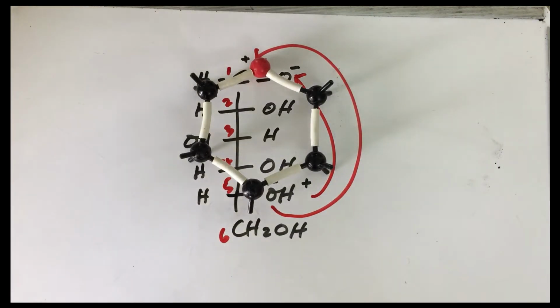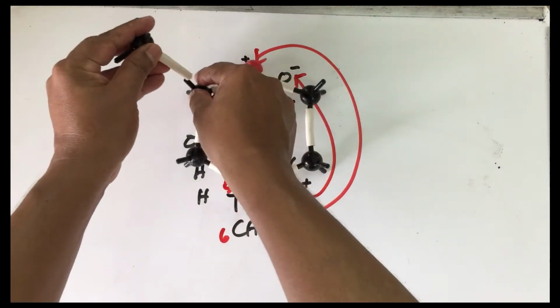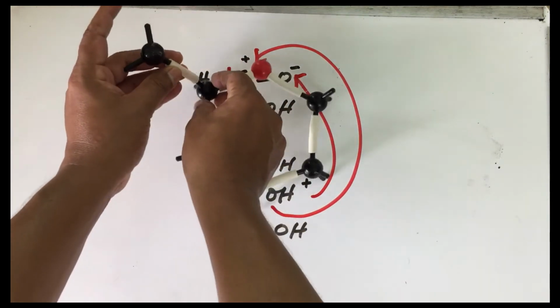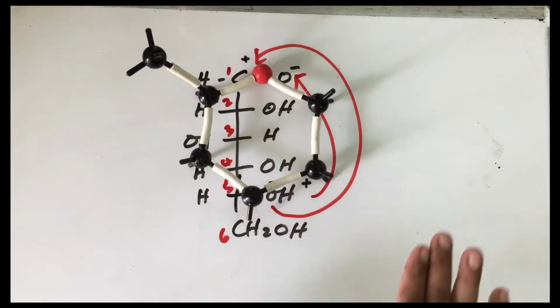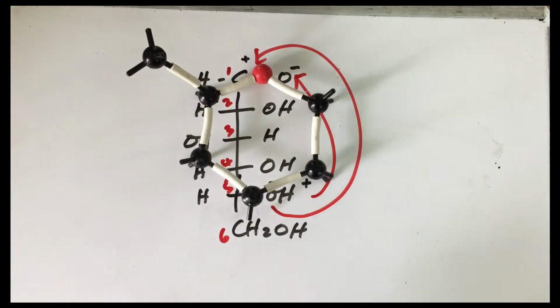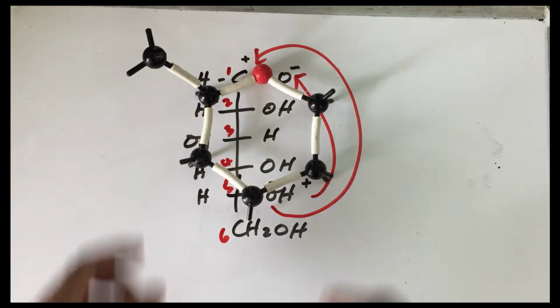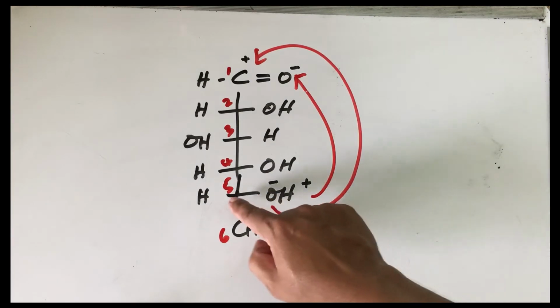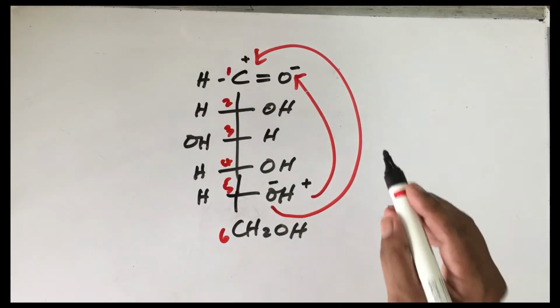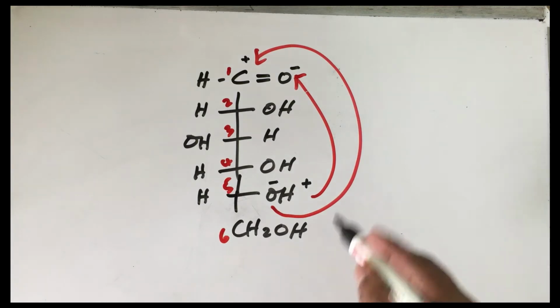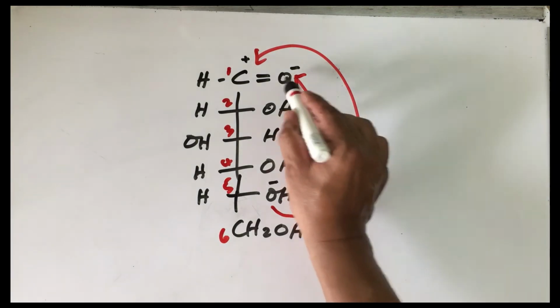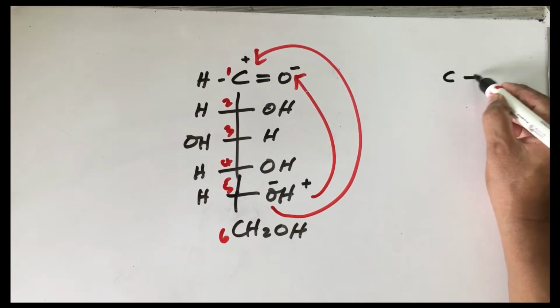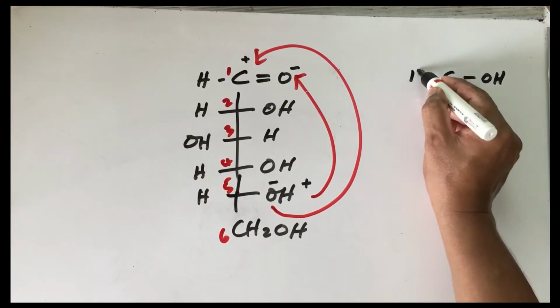Now remember, the sixth carbon atom, with a hydroxyl group, will be upward like this. This sixth carbon atom, within the plane of the paper, will be projected outward. You can see that it is projecting outward. This is how the ring structure is formed. The ring structure that is formed is between carbon number 1 and 5. Because of this linkage, this can be rewritten as: this becomes an OH, and this is a hydrogen.